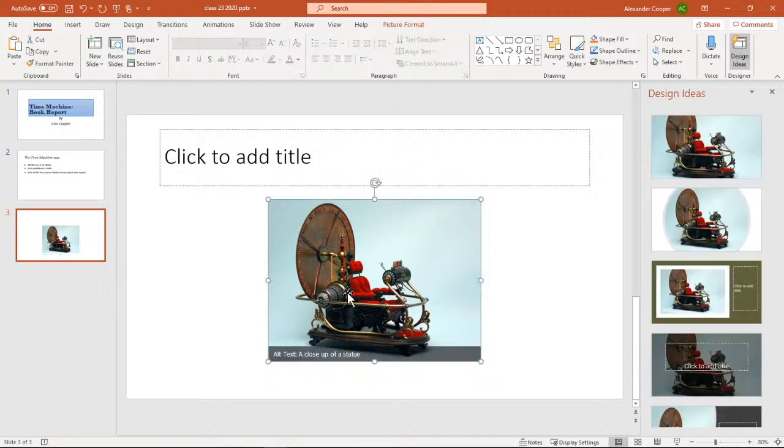Now, we actually have our picture. Let's talk about resizing it. Now, one thing that will kind of pull your hair out is you'll actually be watching someone do a presentation, and they've taken a picture that was low resolution to begin with, okay, and they've stretched it to be bigger, and now it looks really blurry, okay. So try not to do that. Even if you have a picture that's smaller than what you want, it's probably best to have more than one picture that's smaller than one picture that's really blurry, okay?